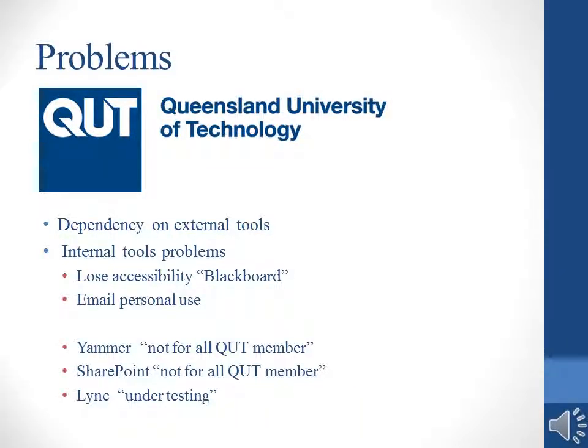The reason for the implementation of this project plan was to solve the problems currently affecting QUT. Firstly, is the QUT community's dependency on external tools instead of the internal tools which are provided. That said, there are also problems which can affect the internal tools. Firstly, there is the loss of accessibility to Blackboard. This causes students to lose the ability to study their coursework or submit assignments online, which can be bad when